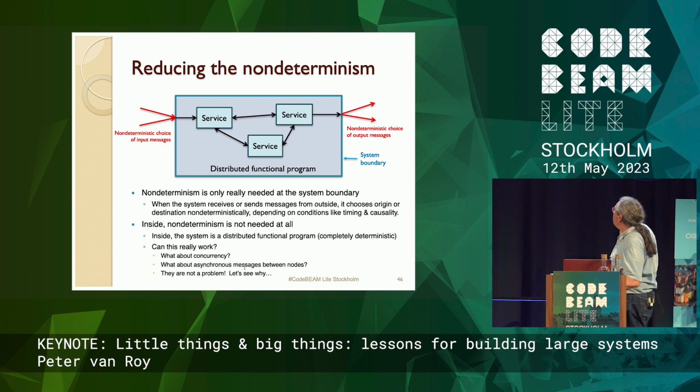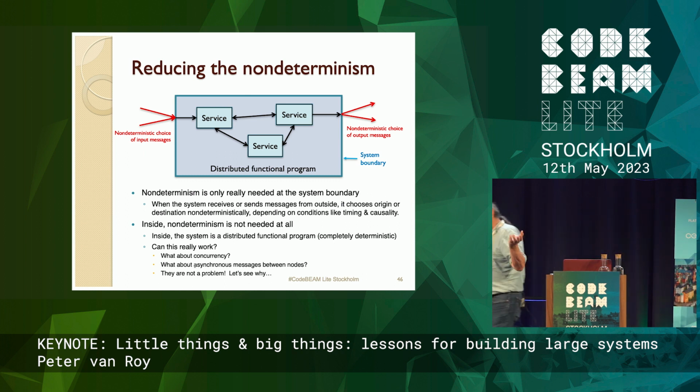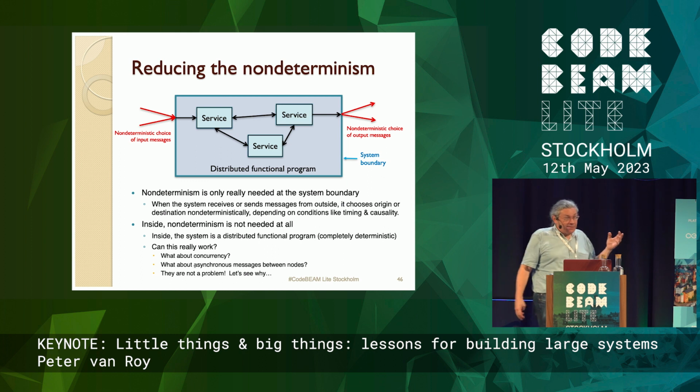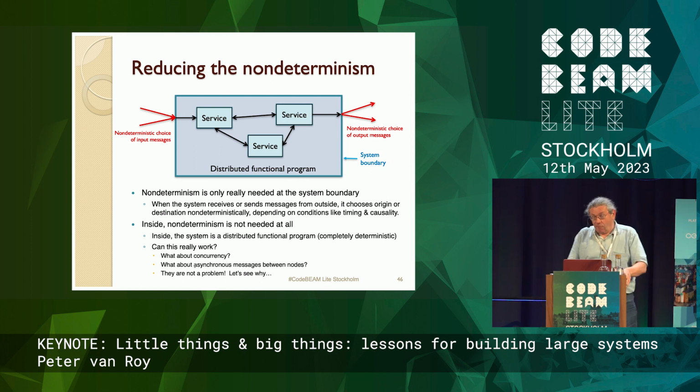Now, I say that to distributed systems people, and they will look at me and say, that's totally bogus, okay? What about concurrency? This is concurrent. What about there's messages passing between these nodes? They're asynchronous. Of course, asynchronous messages break the functionality property, right? That's a no-brainer, right? Actually, that's wrong. A functional system can have asynchronous messages.